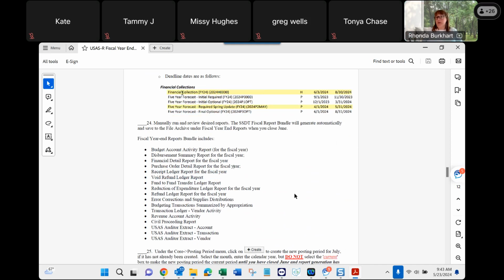If you have a lot of report bundles, that's also going to compound the time it takes to get the report bundles done, to get your monthly reports done, and to get all your fiscal year reports done. I always think, if you've got a nice long meeting, this is a good time to close June. Set that to close, come back to your meeting, check, and 10 to 1, it's going